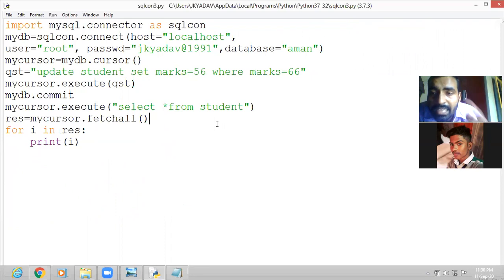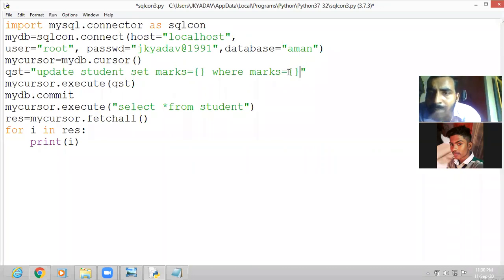The same thing let us give with parameter. Okay, how do we give with parameter? Here let us write curly brace. First the marks which we want to bring in the record, and then the existing mark, means the previous mark.